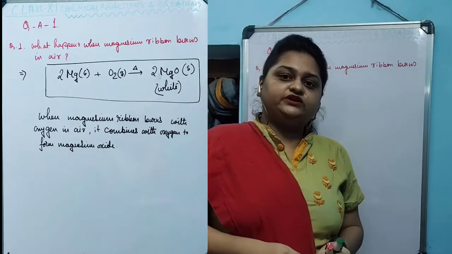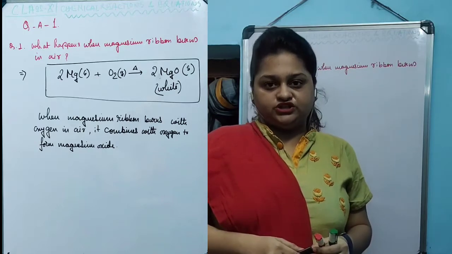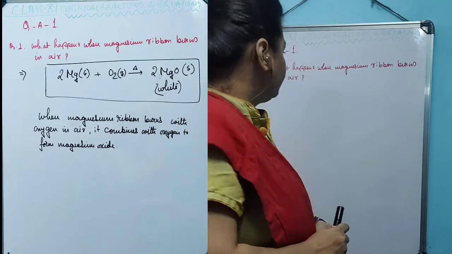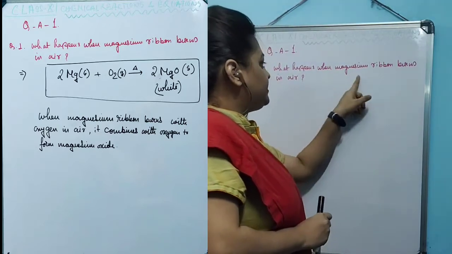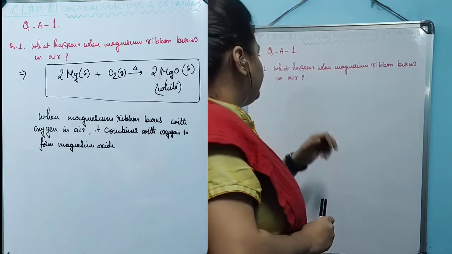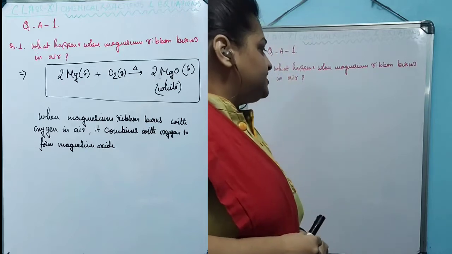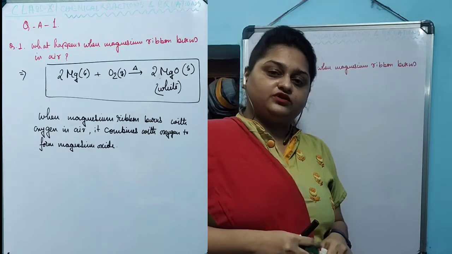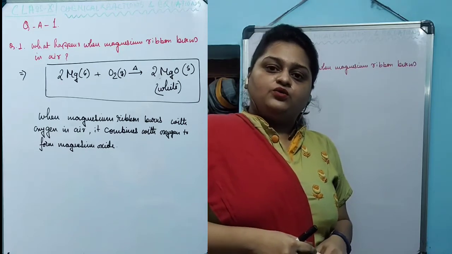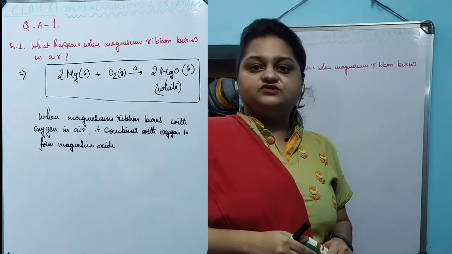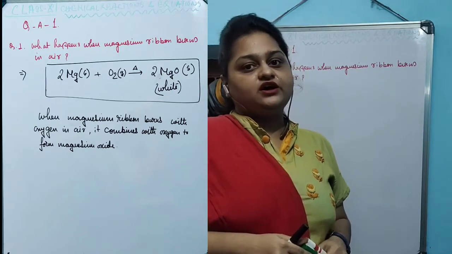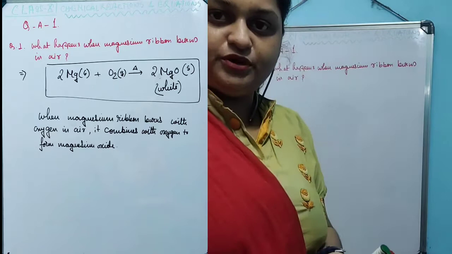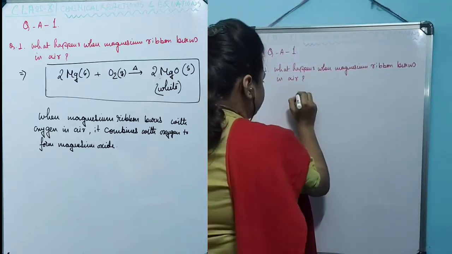In today's class we are going to discuss the Q&A 1 questions individually. The first question is, what happens when magnesium ribbon burns in air? We already have studied this in our previous video sessions, that when magnesium ribbon burns in air, it produces white powder of magnesium oxide. The reaction follows as